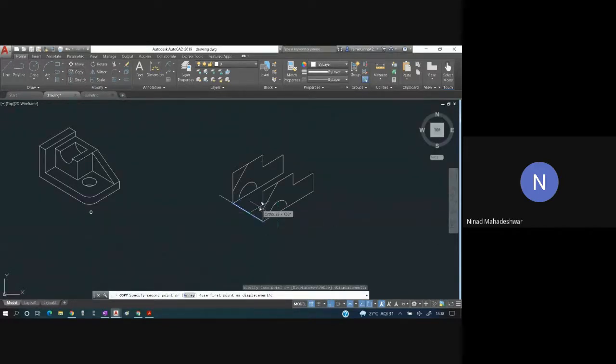Function F5. This is the base point. Copy this over here, copy this over here, copy this at all the corners. So there are many corners out here. Copy to all the corners.